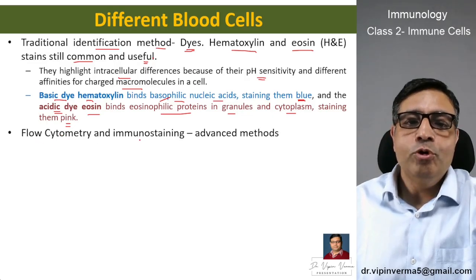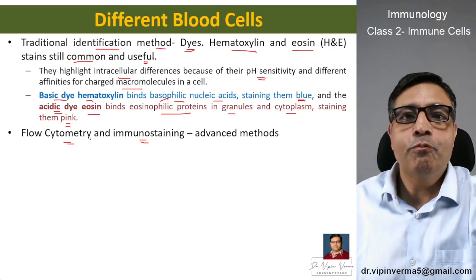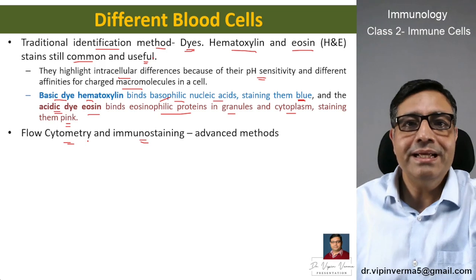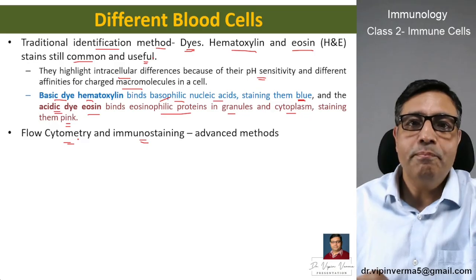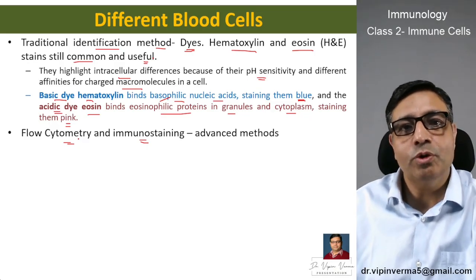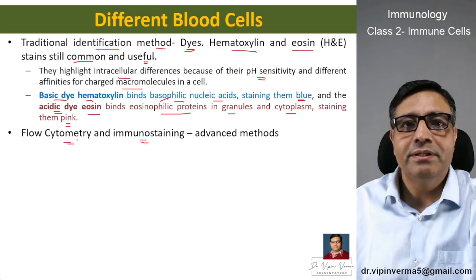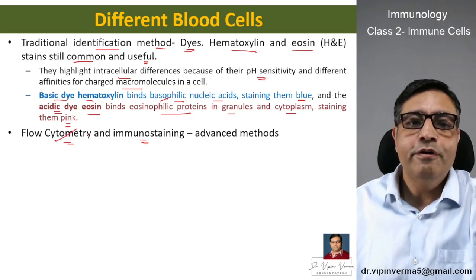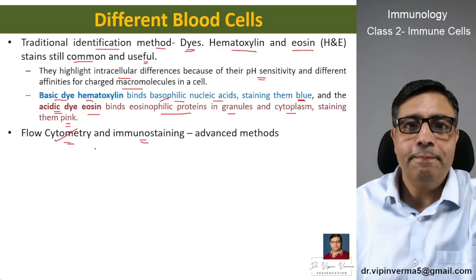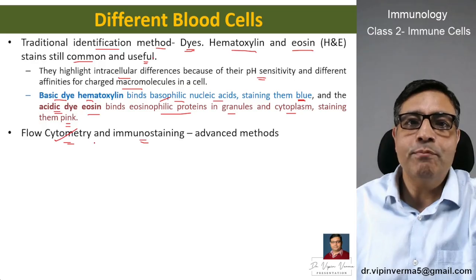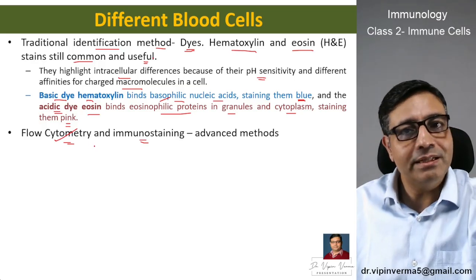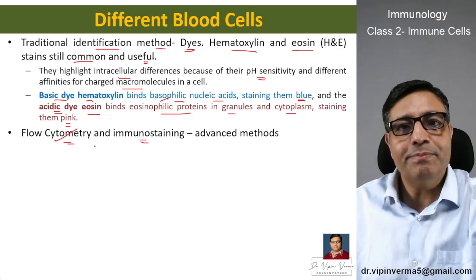Flow cytometry and immunostaining, these are the two advanced methods, and they have actually improved our accuracy of determining and deciding what kind of cells these are. And flow cytometry can pinpoint each and every cell based on the monoclonal antibodies. So in this technique we use monoclonal antibodies which are linked with a fluorescent dye, and then these monoclonal antibodies are incubated with the cell culture, and they bind to their respective receptors or antigens on the cells, and then